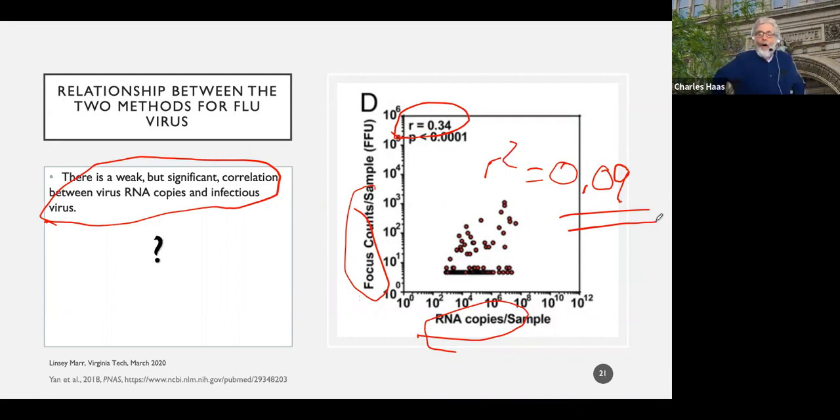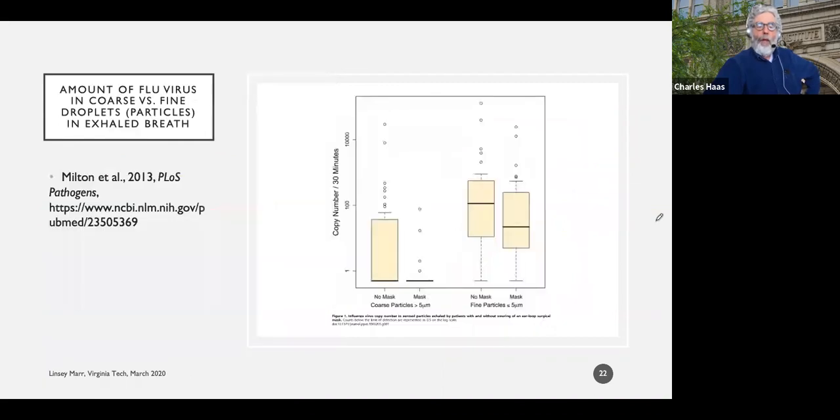It means that only about 10% of the variability in viable virus is associated with the RNA copies present. So I would say there's a weak but significant correlation, although the strength of the correlation is very, very small, and we have to ask whether it's useful or not. But in any event,